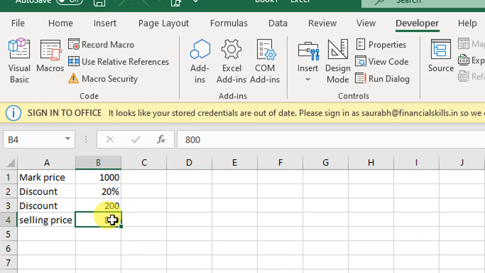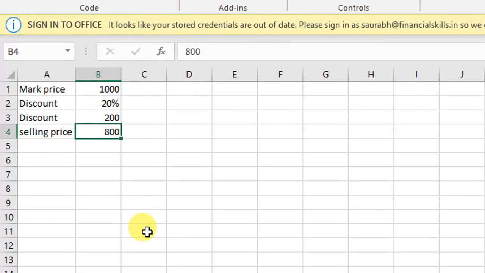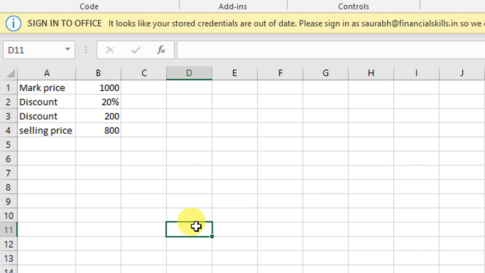So now for the computer, S was a different variable and SP was a different variable. So this may create a problem for us. I'll tell you that in the next tutorial, I'll talk about Option Explicit, which will help us in eliminating these types of problems later on. But right now we have done those two things. Fine. So this has been done. Hope you are able to understand. You can add a button to this also and calculate. Fine. So these are the two programs we have done.